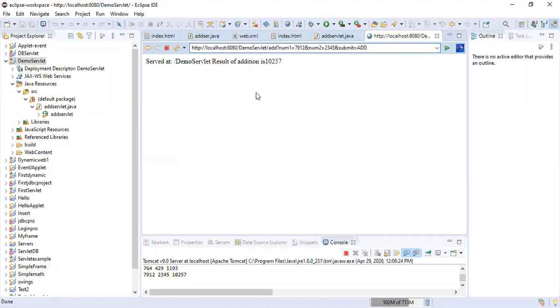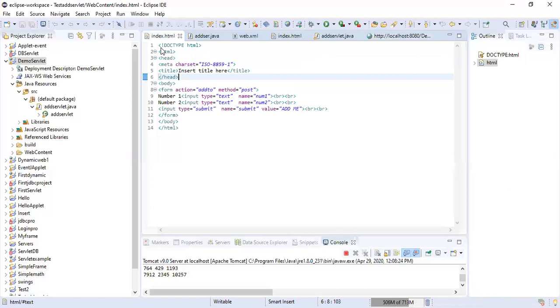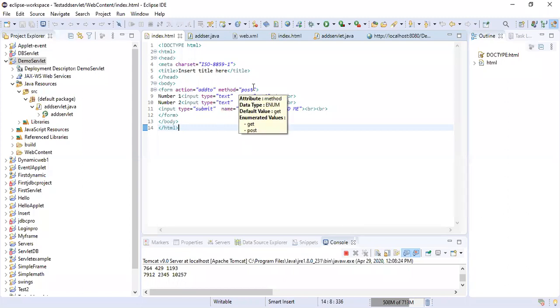Now instead of that, if we use the post method, what changes are expected? The first thing is that you go to your HTML file, form action as it is, and write method is equal to post. If you do not mention any method, by default the method is get. In yesterday's session we have not mentioned any method, we just wrote form action is equal to this. That is why by default it took the get method. It is a default method.